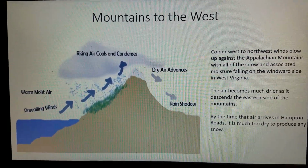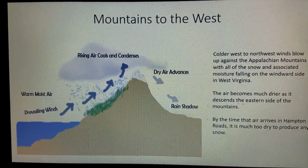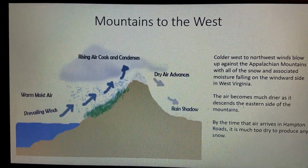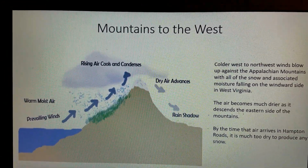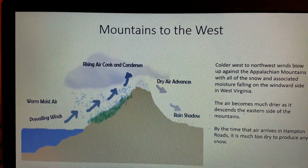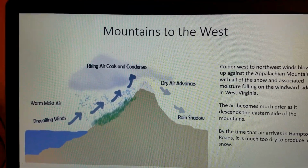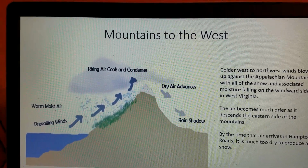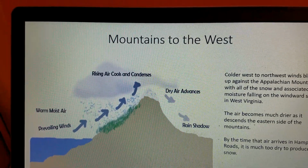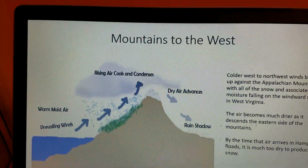All right, so first thing we're going to take a look at is the Appalachian Mountains to the west. You might be viewing a radar image of the United States in the wintertime, and you may see this big area of snow, basically over Tennessee and Kentucky. It looks like it's heading east, and it's about the same latitude as Hampton Roads in Southeast Virginia, Kentucky and Tennessee. But yet, as that area of snow hits up against the Appalachian Mountains to the west of us, typically